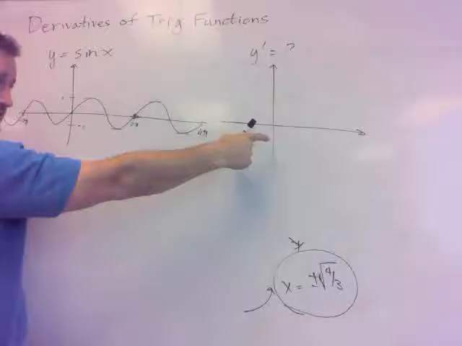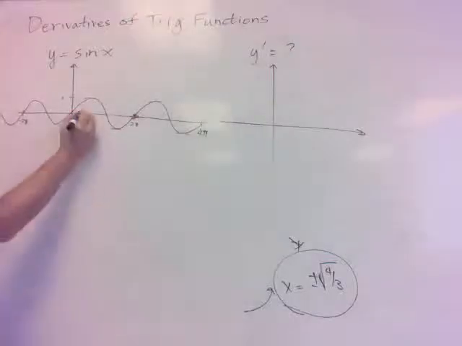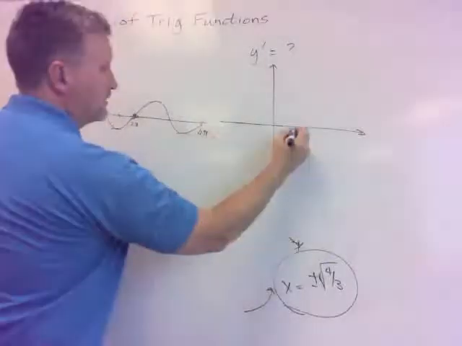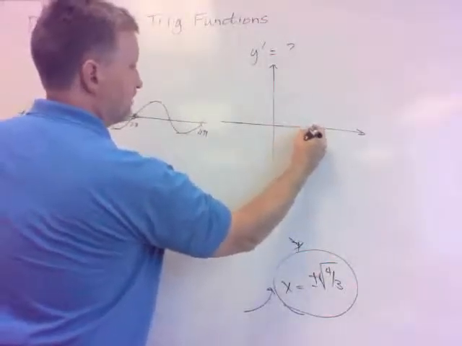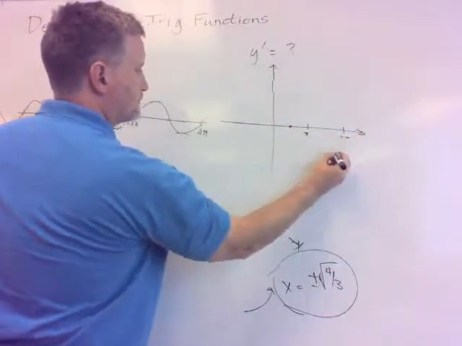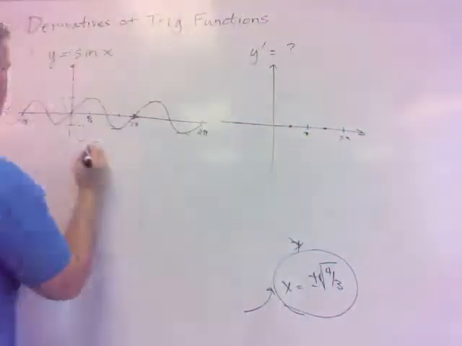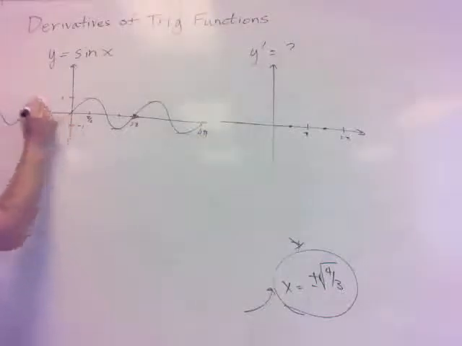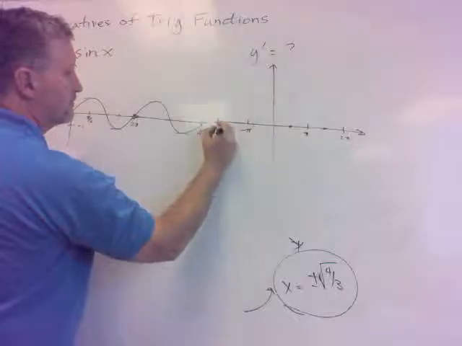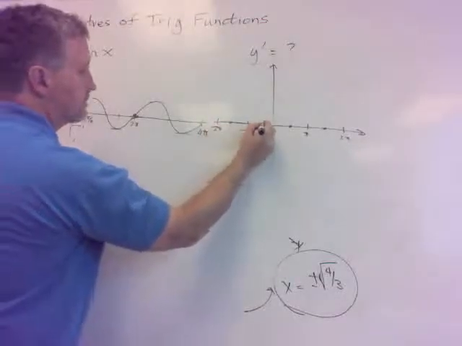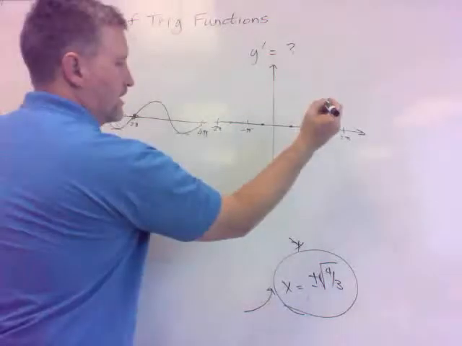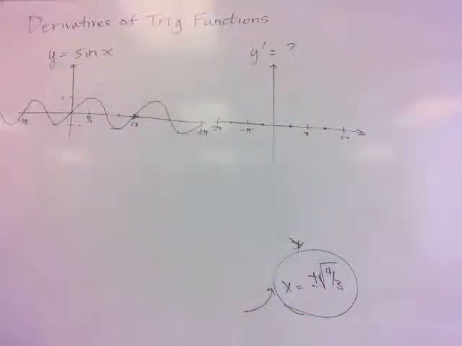0, right on the x-axis for the derivative graph, and you know this is pi over 2, 3 pi over 2. All right, so here's pi, 2 pi, so it's pi over 2 and 3 pi over 2 and minus pi over 2 and negative 3 pi over 2. We do have zeros of the derivatives, so that's on the x-axis of the derivative graph. Okay? Now,